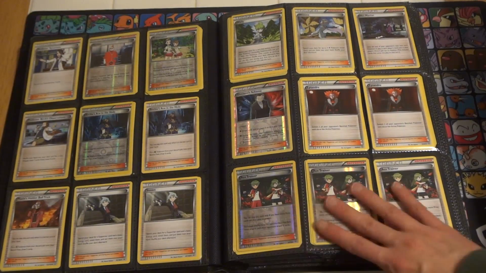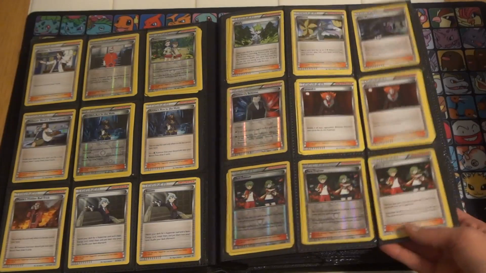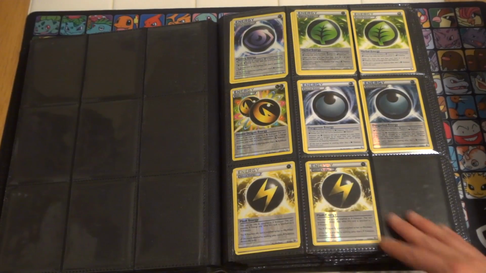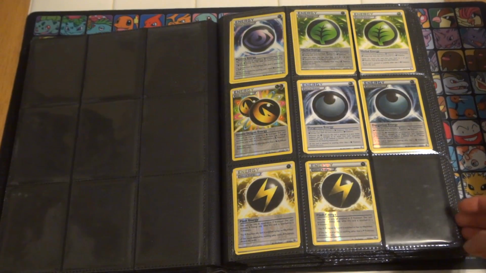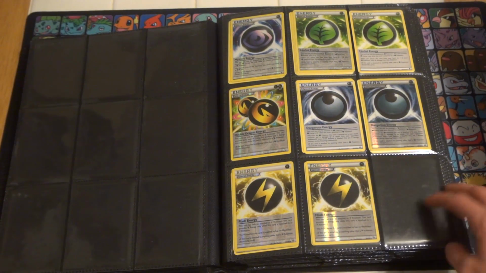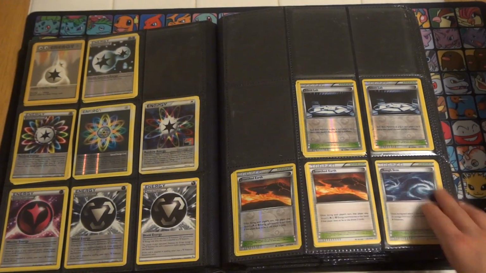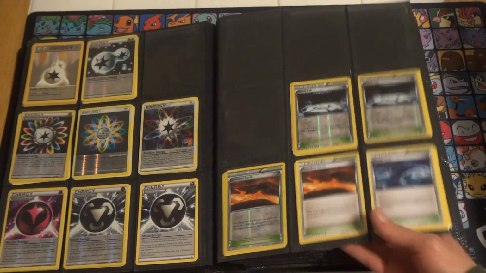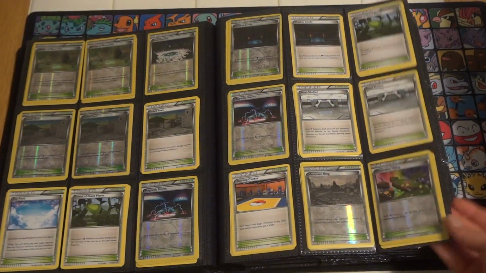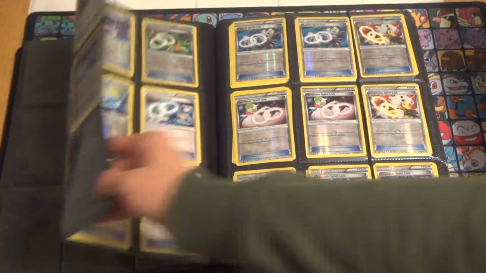And for most of these, there are more than one card per sleeve. Reverses are always shown on the top. Some of the sleeves have 4 or 5 cards, so if you're looking for more than one, just ask if I have any, especially if you're looking for more than one reverse. Special Energy, more Special Energy, and Stadiums, Spirit Links,